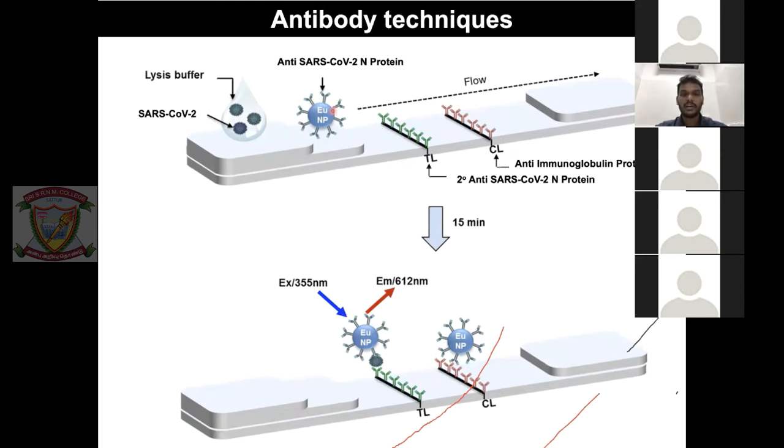Understand? And this also has immunoglobulin antibodies. Immunoglobulins are rich in our blood. So all of them will definitely bind to this, because they also have immunoglobulins, and we have immunoglobulin here, so it will bind, and all of them will show. This is almost like a pregnancy test kit, I don't know how many of you have seen one. There will be two lines. One is called a reference line, another is called the test line. In the reference line, everything will be lighting up. And in the test line, if it's not lighting up, it means negative. If it is lighting up, it means positive. So this lighting will tell you the assay is working, the kit is not damaged, the protein is not damaged, and everything is working. And if both are positive, it means you have a positive COVID-19 infection. So this is about the antibody testing.